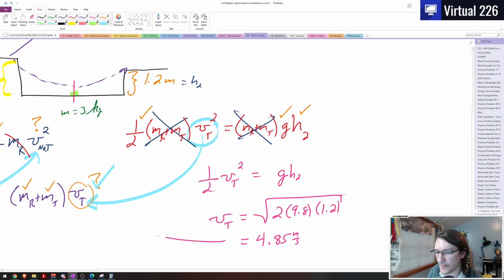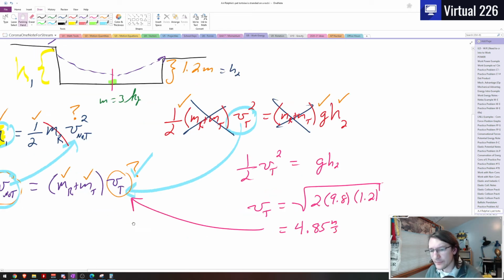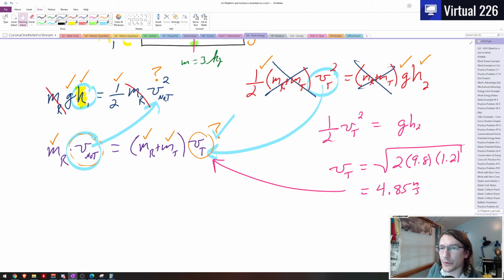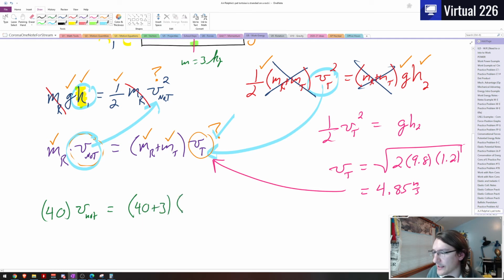We're going to swing that over to here. Now, over here, when we run this, we're going to have the mass of Ralphie is 40. The V no turtle right here is what we're looking for. This is going to be 40 plus 3, so it's just going to be 43. And then this is going to be 4.85. To solve for the velocity without the turtle, we just divide each side by 40. Don't accidentally just cancel out the 40 and 40. Remember, that 40 plus 3 is really